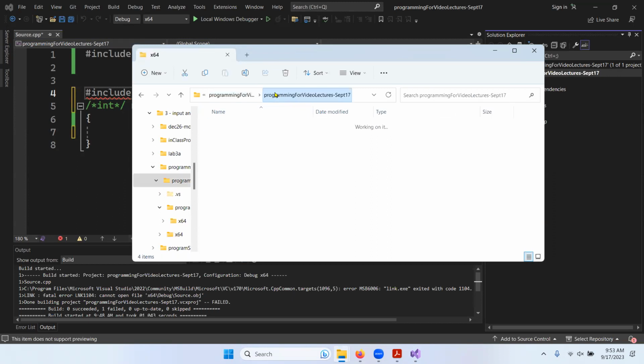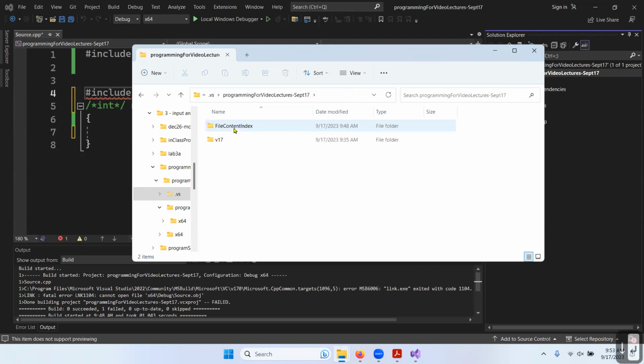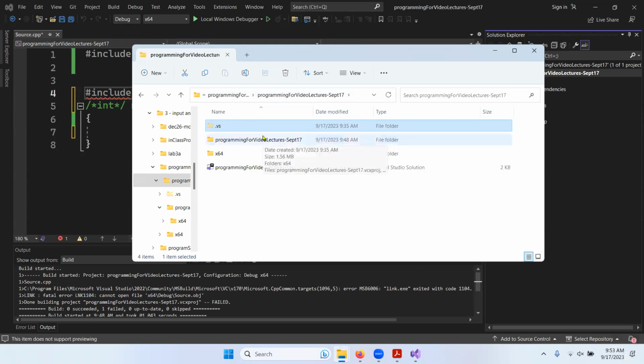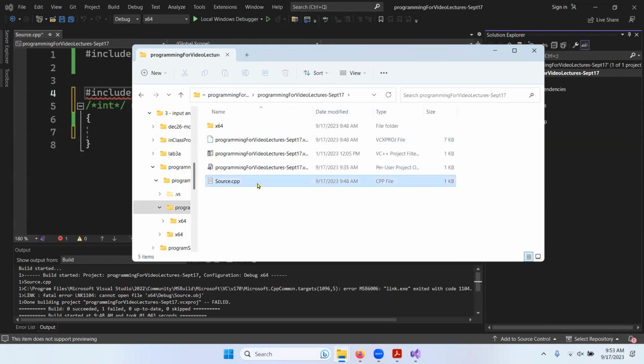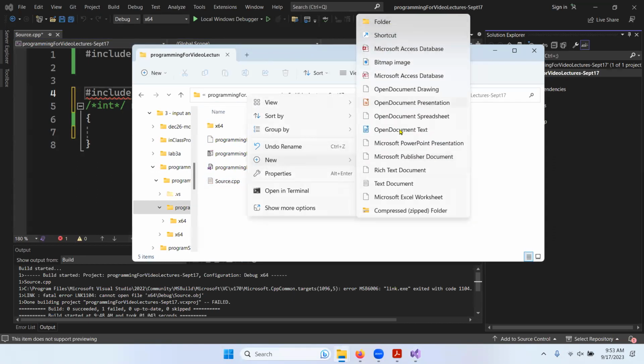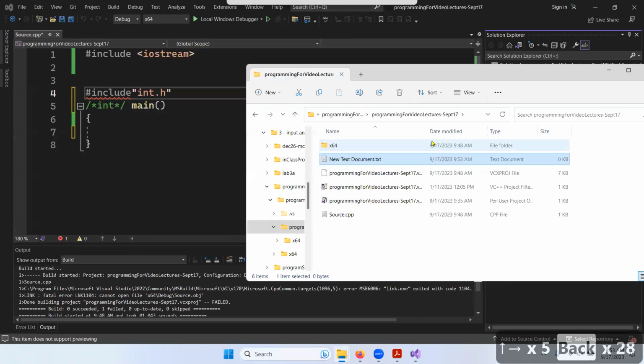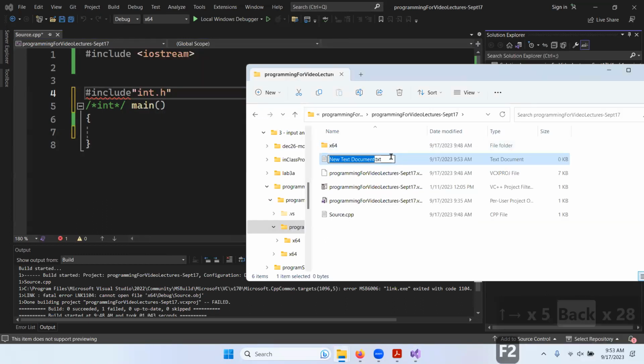But yeah, it's kind of complicated what's going on. What are all these folders? We're not going to worry about that so much. But the source.cpp file, if I add a header file, and one way to do that is this approach I'm taking right here, I can change this file extension from txt to h. If I add a header file, I just hit F2 to change the file name,